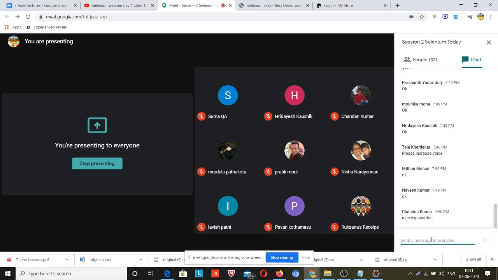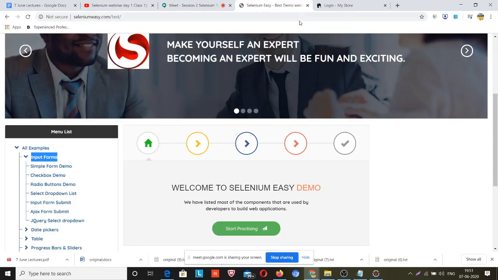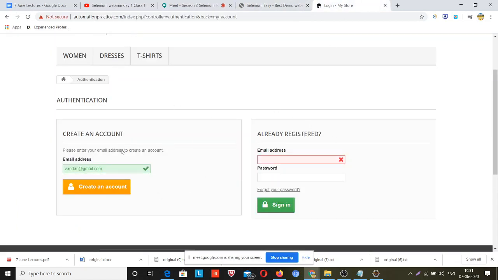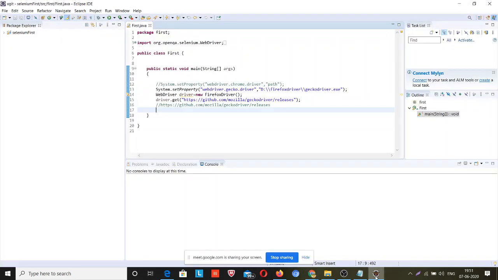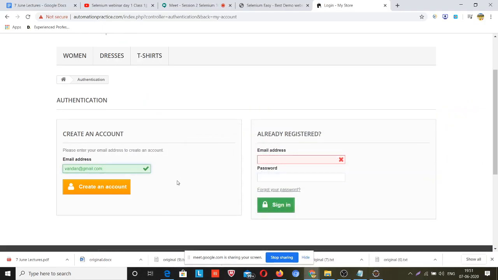If you want to target any web element, suppose you want to test this website, if you do things manually, Selenium will do that, but you have to write a Selenium script for that. If you want to check whether this email is valid or not, or we can enter any email, any value in this text box.